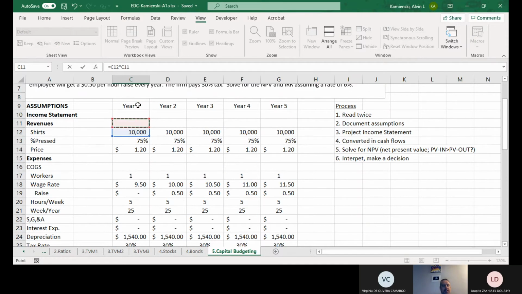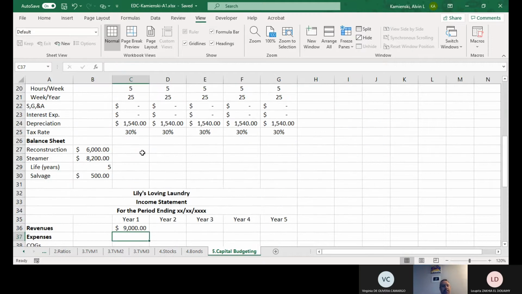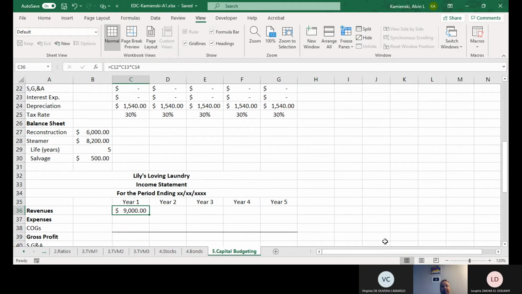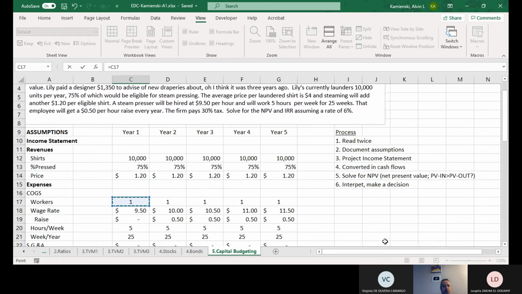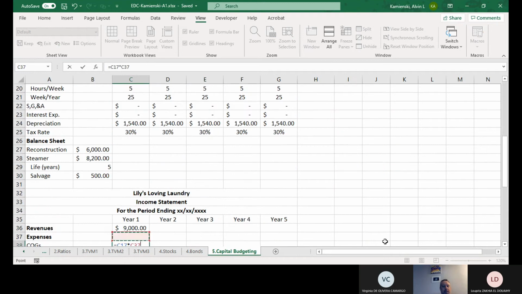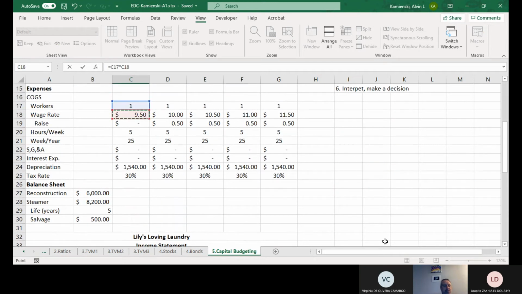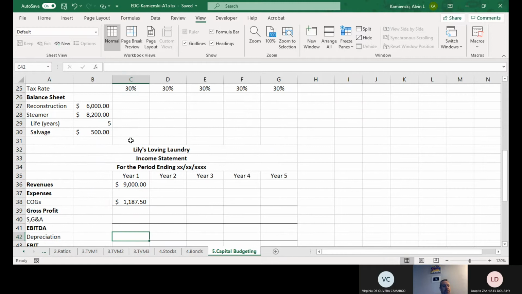75% of those are eligible for steaming at a price of $1.20 per, suggests that this would be a new $9,000 worth of revenues a year. How about new cost of goods sold? You would have one worker making $9.50 an hour, working 5 hours a week for 25 weeks per year, suggesting a new